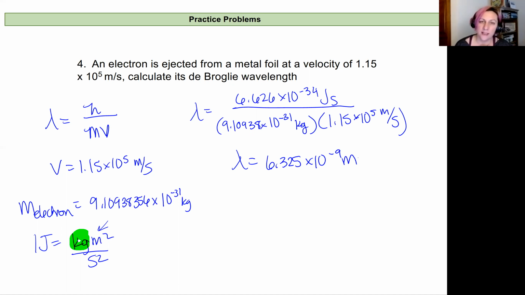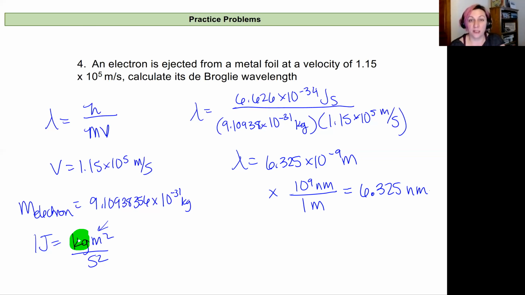I'm going to convert that into nanometers, since especially when we think about the visible spectrum, we're thinking on the order of 400 to 700 nanometers. I think it's nice to put this in the context of something that's a bit more familiar to us. So I'm going to multiply this by 10 to the ninth nanometers per 1 meter, just using a simple metric conversion, to get 6.325 nanometers. So that's a lot smaller than what we'd expect for something like visible light, which is more on the order of 600 nanometers. And so that wavelength is really small.